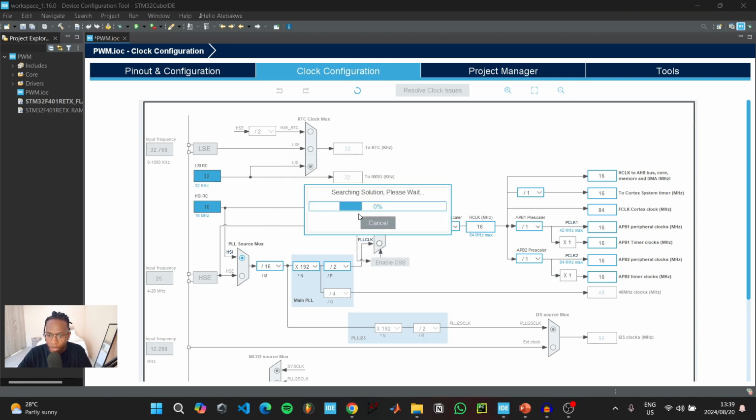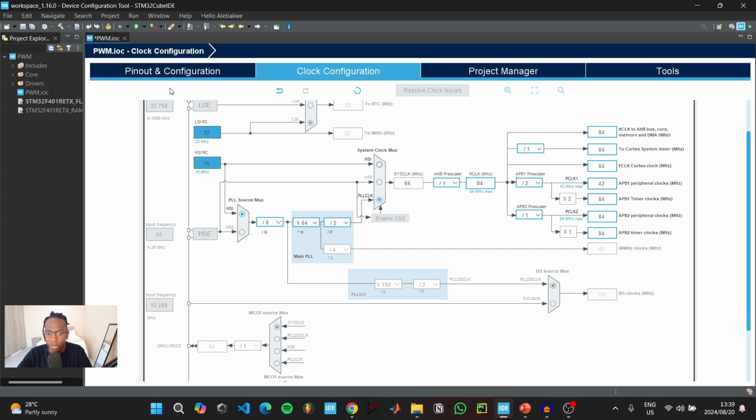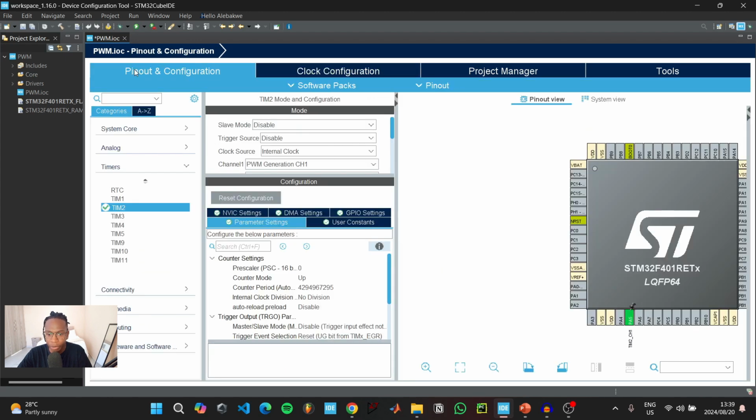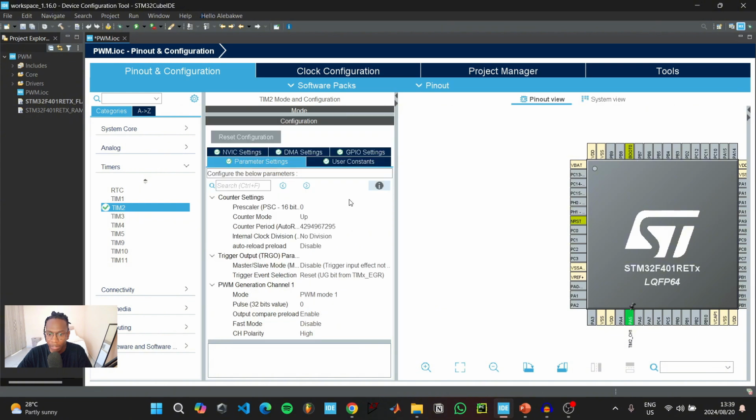You can just click on OK, and it will try multiple different configurations until it finds one that can actually output the required 84 megahertz for our example. So we're just gonna give it a couple of seconds while it's busy searching for a solution. Okay, so now as you can see, our clock speed has been set to 84 megahertz. So now we can just go back to pin configuration and then finish setting up our timer settings for PWM